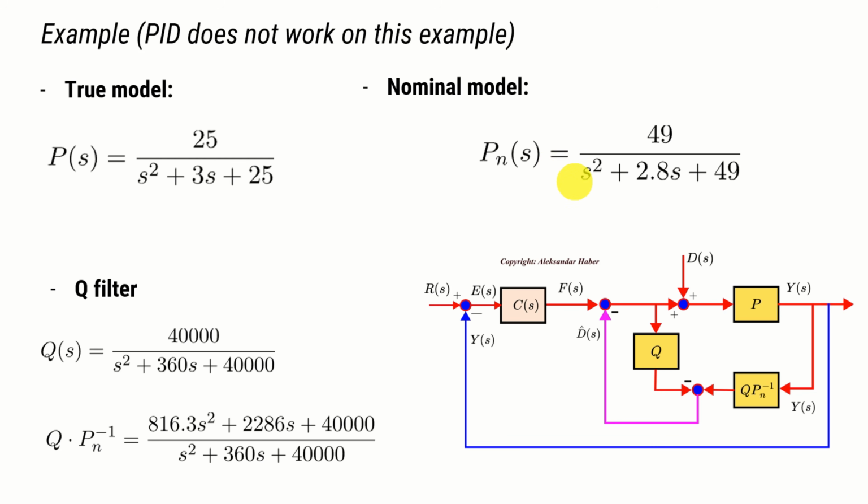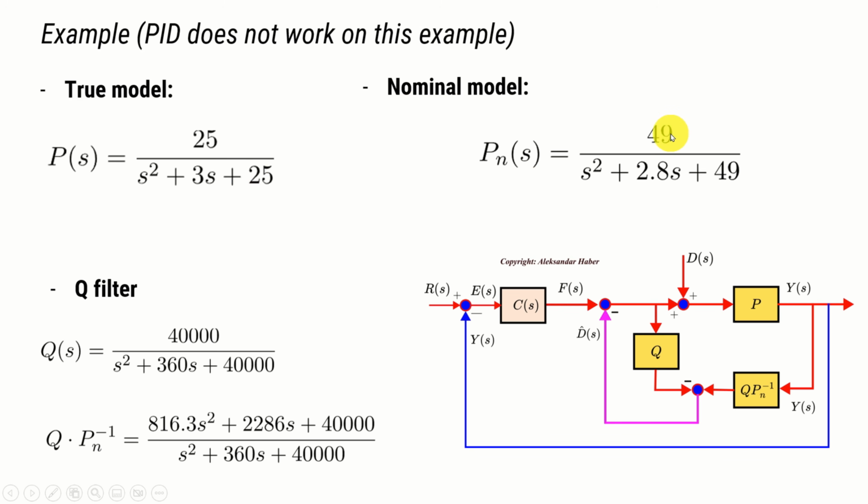Okay, let us illustrate the performance of disturbance observers by using an example. Over here we use the same example that we used to demonstrate that a PID controller cannot suppress harmonic disturbances. So let's make the situation more realistic. First of all, here's our true model. However, a control designer only knows the nominal model.